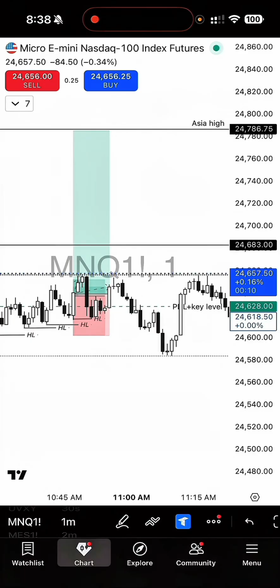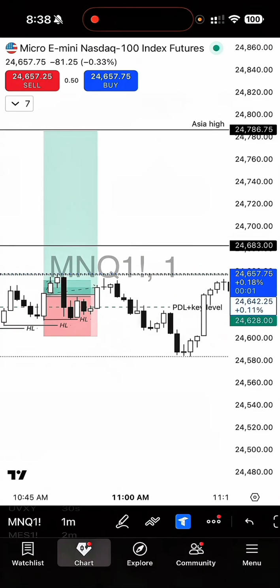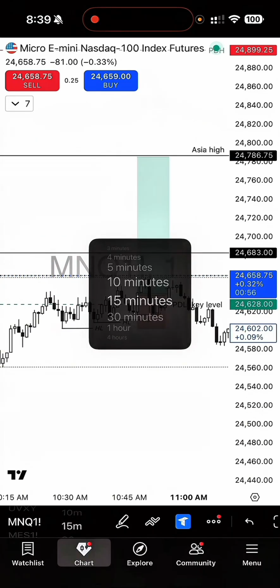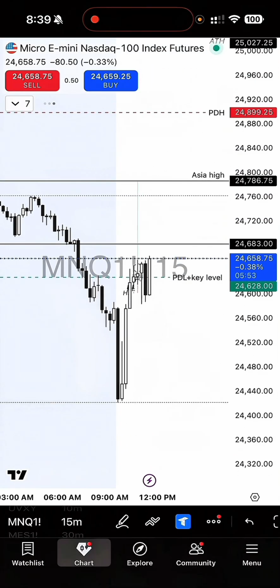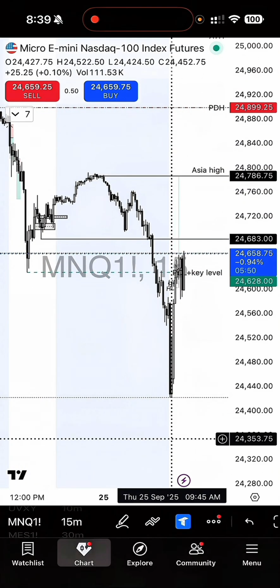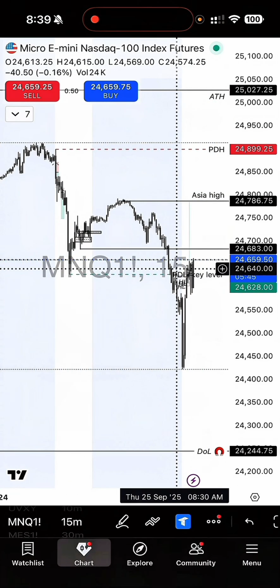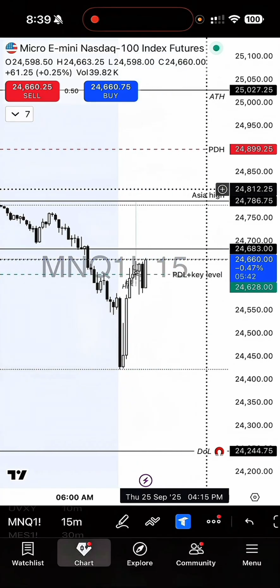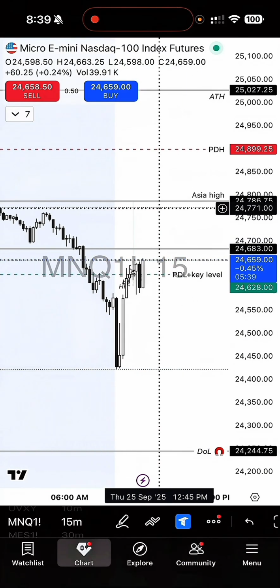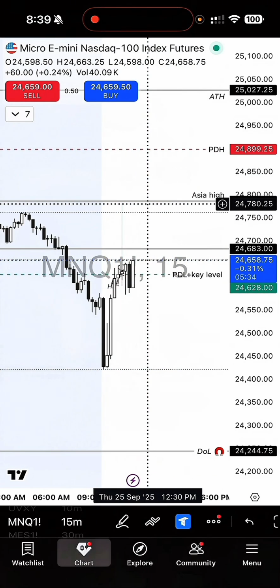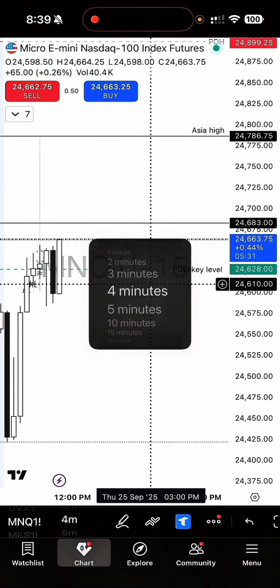I did go a little heavier on this one. I usually go 10 micros, so I went 15 micros. So a little heavier, just because I was looking at the chart and I was like, yeah, the setups are not clear, and I was desperate to take a trade. But the good thing is that I only took one trade. Somehow I thought above key level we're going higher, which I still think. We'll probably take the Asia high, and then I don't know if we can go to previous day high, but we'll probably take these highs. So yes, my draw in liquidity is pretty clear.